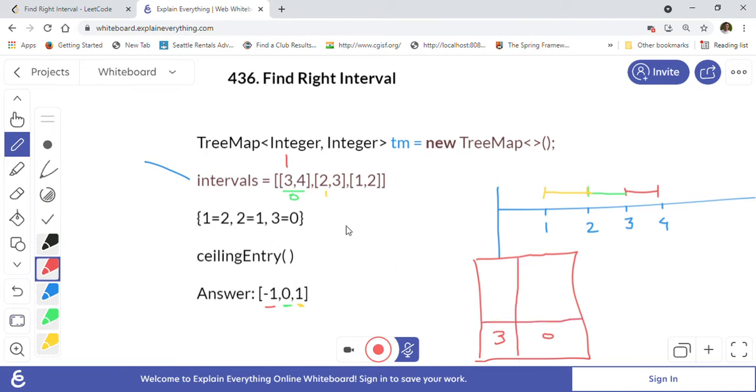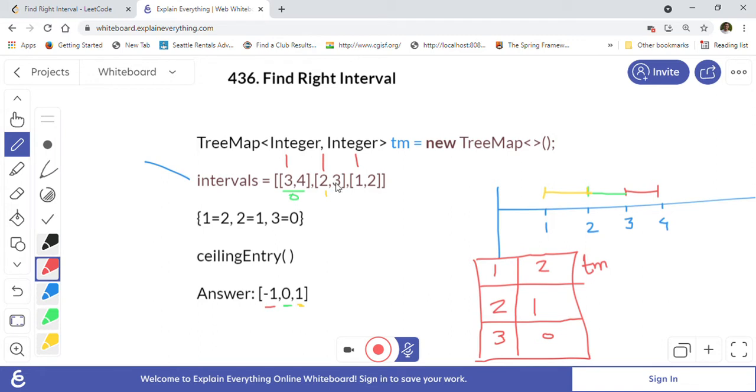And then the next is 2, for which the position in the given array is 1, and next is 1, and for 1 the position in the array is 2, right? So we will put 2 here. So this is our tree map. We'll just call it tm, let's say tree map.